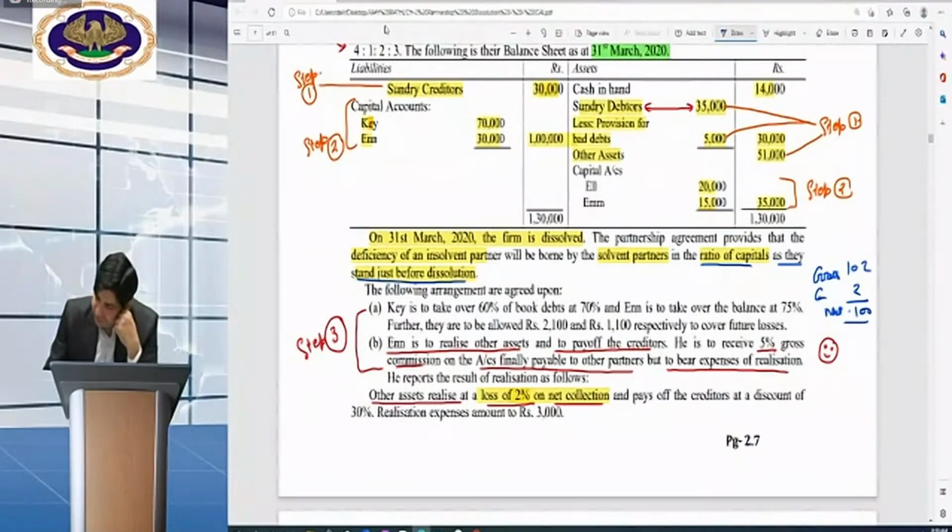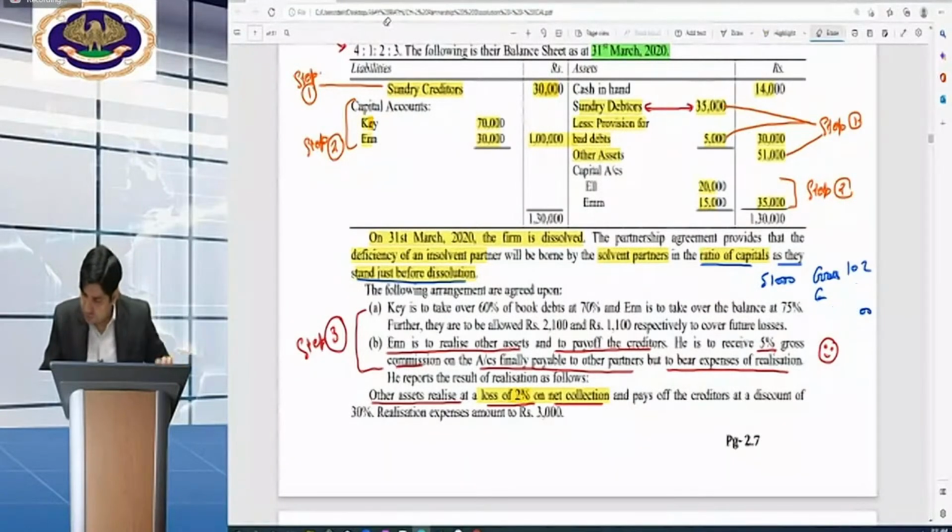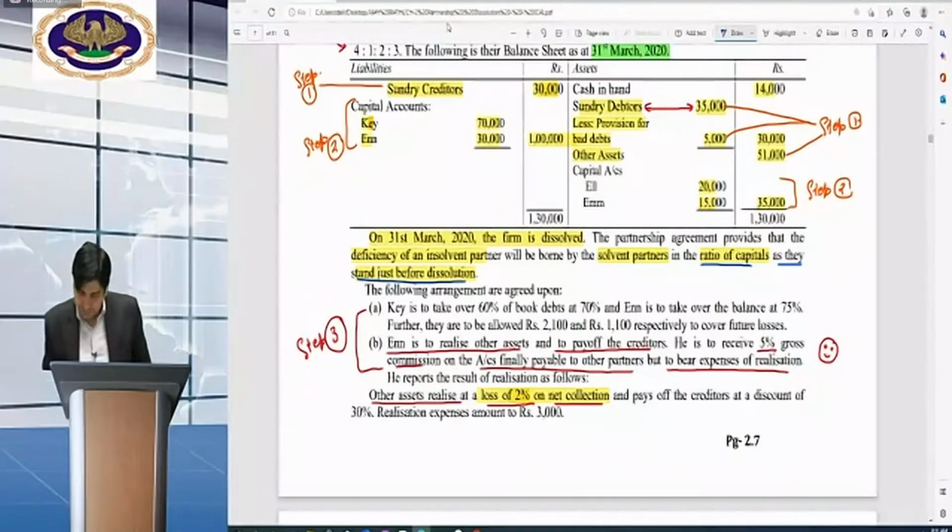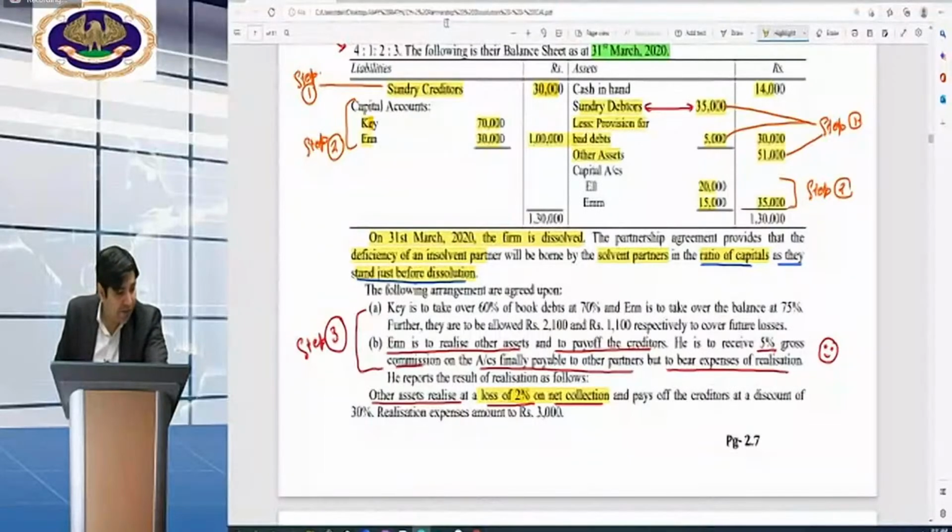So 51,000 is at this level. That is total gross. Out of that, we have to find out after 2%. Got it. Okay. Everyone has got it now. Anyways, now moving to the next part of the solution. So we have covered this part.